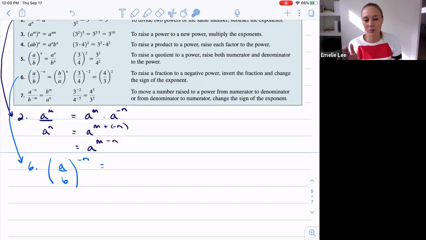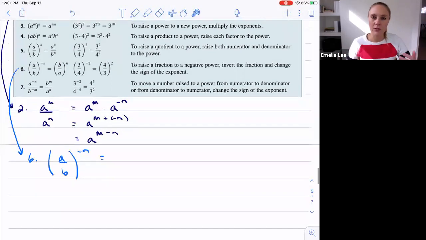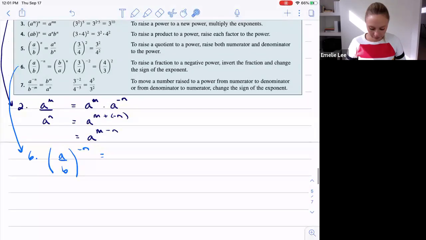There are only two key players that we need, and then everything else will fall out of there. Okay, so it says a to the negative n over b to the